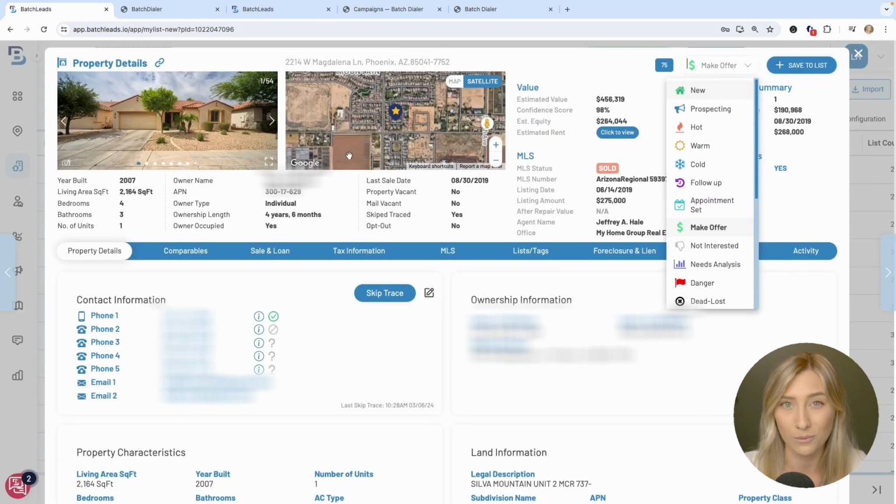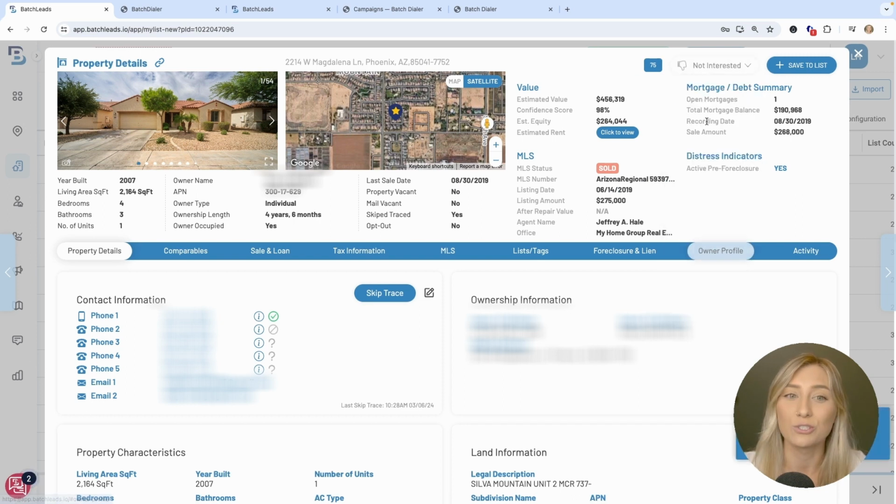That would mean that if it was this person that I had called and marked as do not call in BatchDialer, that their lead status automatically would change to not interested. And their phone number status next to the phone number I had the conversation with would be automatically changed to DNC. You can always edit these statuses yourself, and same thing with the lead statuses, but these two are so crucial